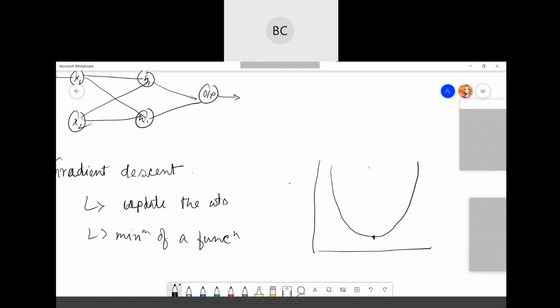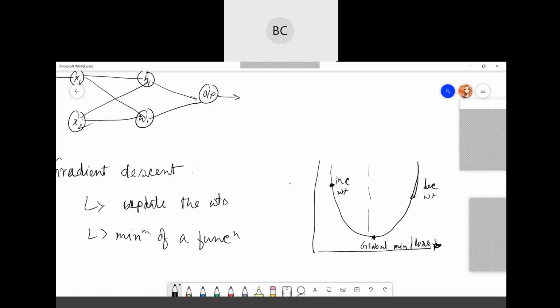Suppose this is your global minimum, on the loss function, sometimes also called the global loss. Here is the increase in weight, and if you come down this portion, it will be a decrease in weight. Suppose you are somewhere here. Now you have to know for each weight how it is going to reduce the error.